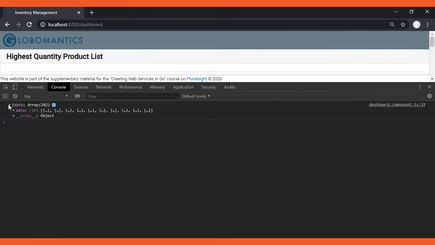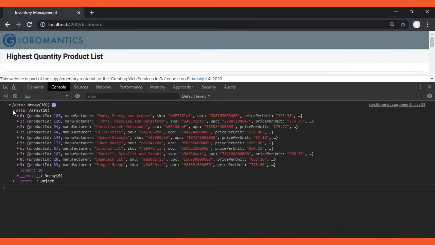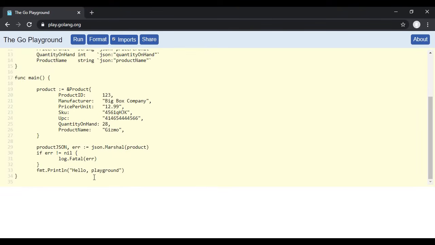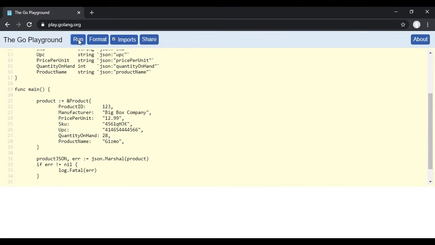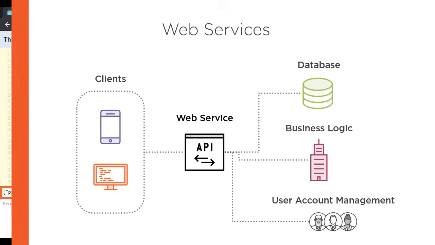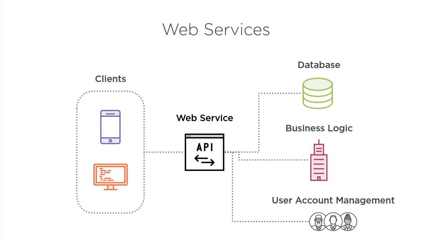Web services power just about every web application and mobile app that we as consumers use every day. And Go has established itself as one of the dominant languages that companies are turning to in order to build those web services. In this course, we're going to be building a RESTful web service using Go in the standard